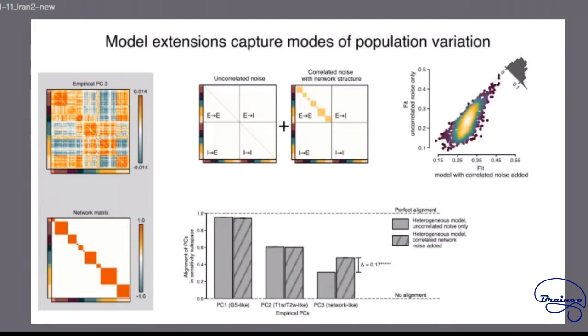So this gives us a way to evaluate how complex these models should be. If we want to, we could throw in every level of biological detail that we know, or we can try to keep them more parsimonious and interpretable. One way to interpret how much we should be adding in, how many parameters we should have in the model, whether this is a useful parameter or not, is to ask whether the model gives us the expressivity to capture individual variation, individual differences. That is a good benchmark to interpret the parameterization of our models.